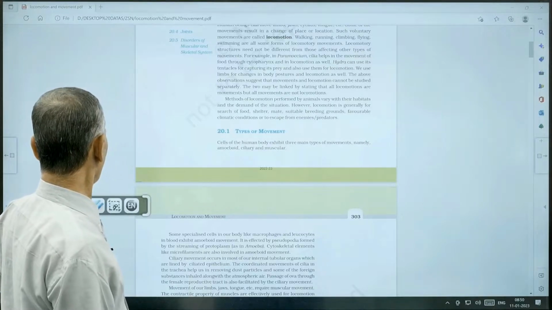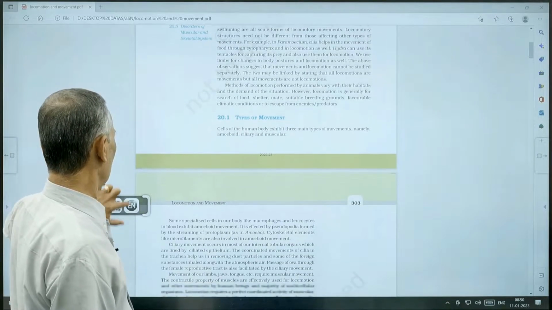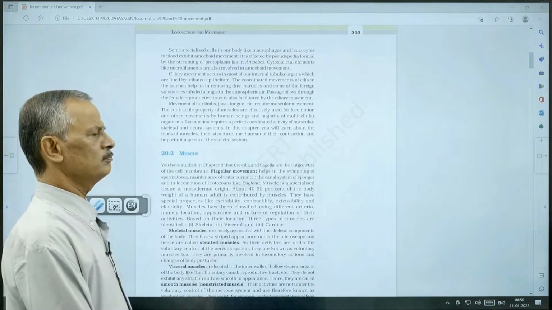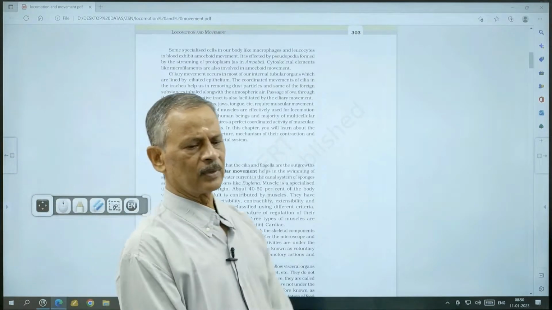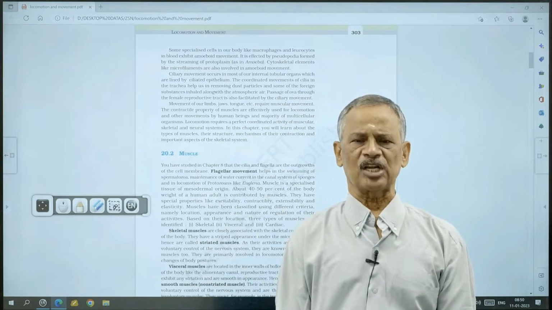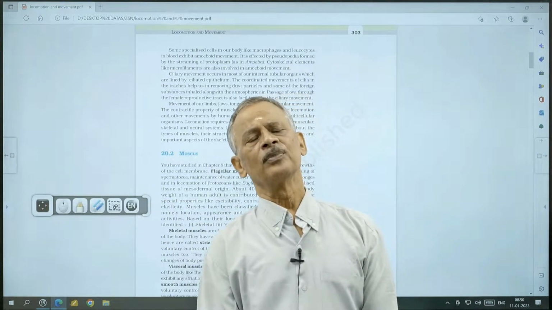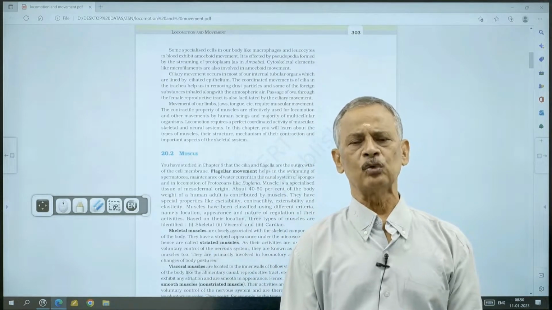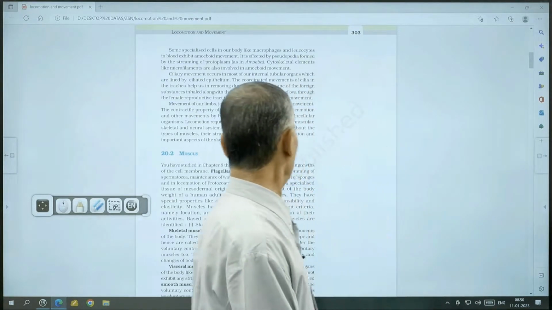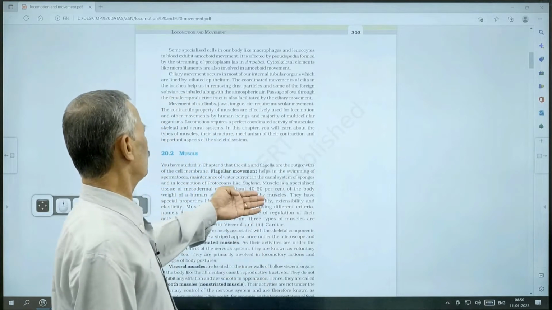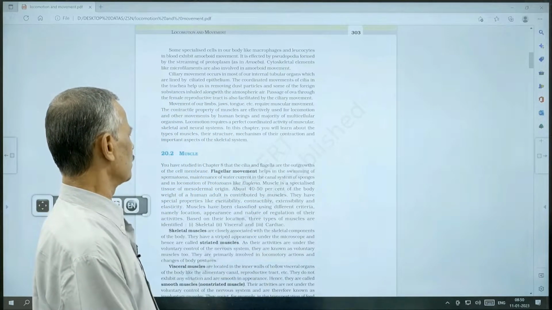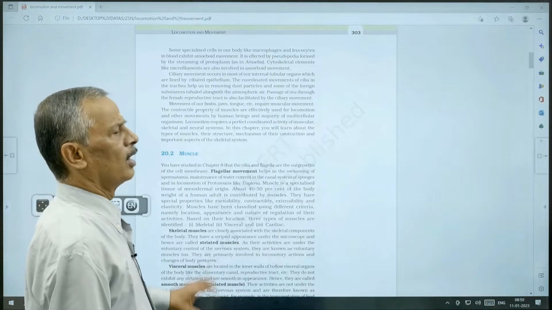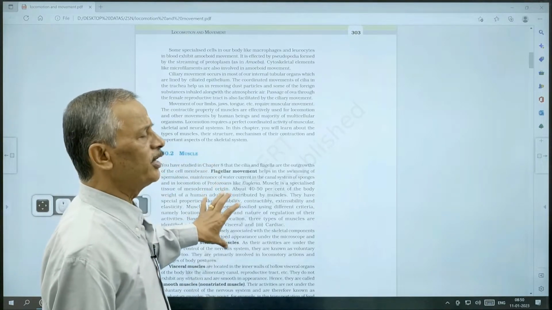Major movements of our body are brought about by muscular movements. Muscles are specialized structures which develop from mesoderm. Muscle will constitute about 40 to 50% of our body weight. And these muscles are classified into three,